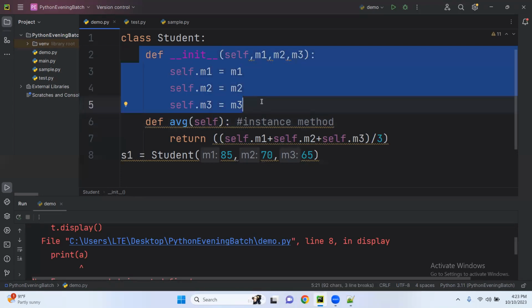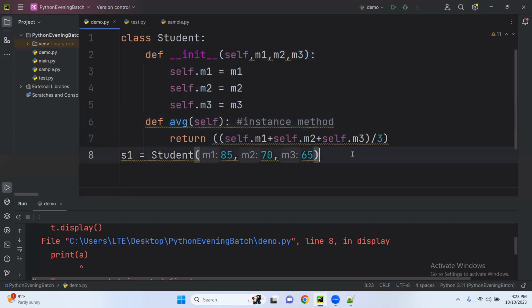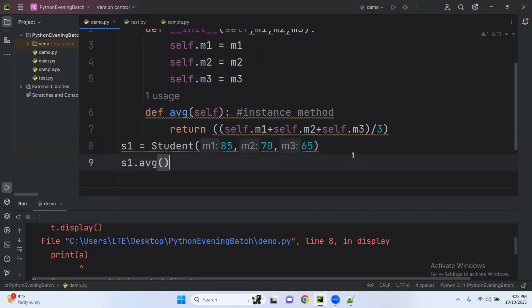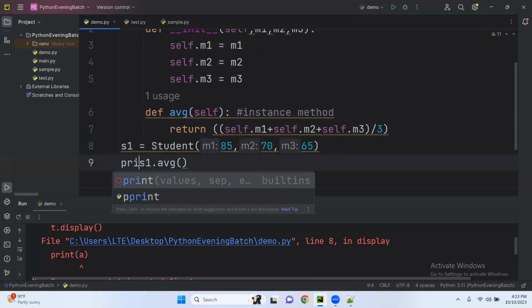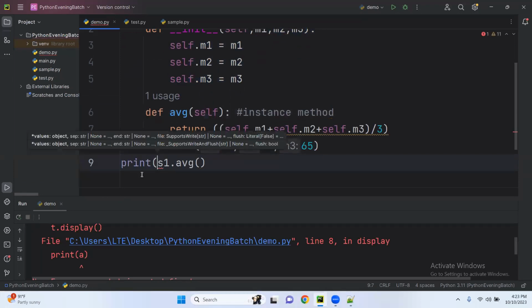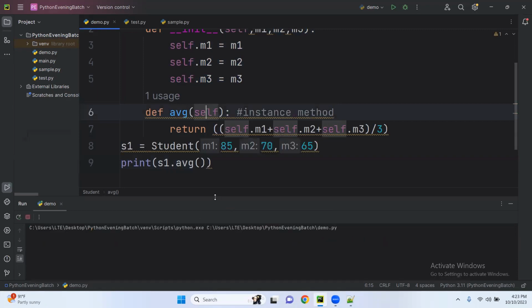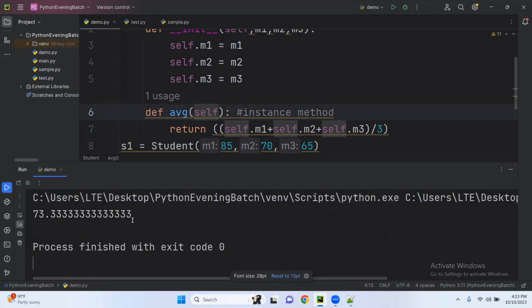this constructor will be executed and we need to call the average function, s1.average. So we call the function named average. Here it returns the value, right? So we need to print here. Yes sir, print s1.average. Now run the code again. So now you can see the average value